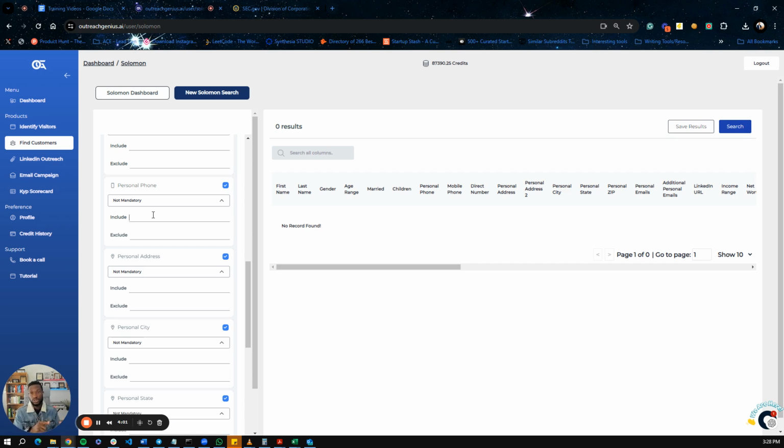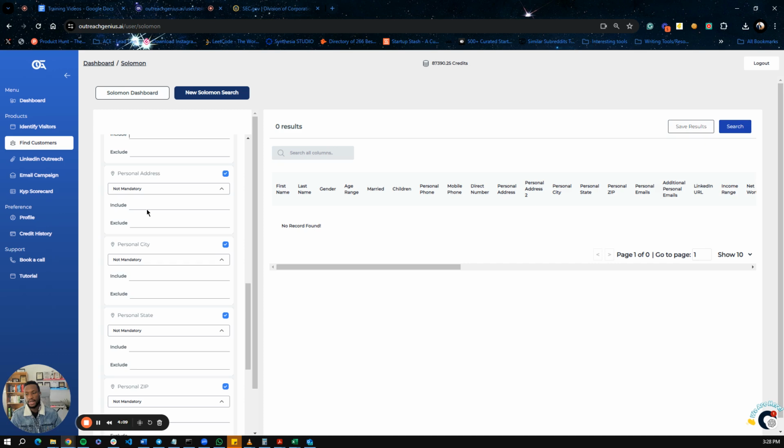and you want to do a reverse search, that's when you would include the phone number. Most people are not doing searches like that, but again, it's available for you if you want to. And that one is personal address. So personal address, again, if you have someone's address and you want to reverse engineer and say, hey, I'm going to give you the personal address and then find me who that person is,